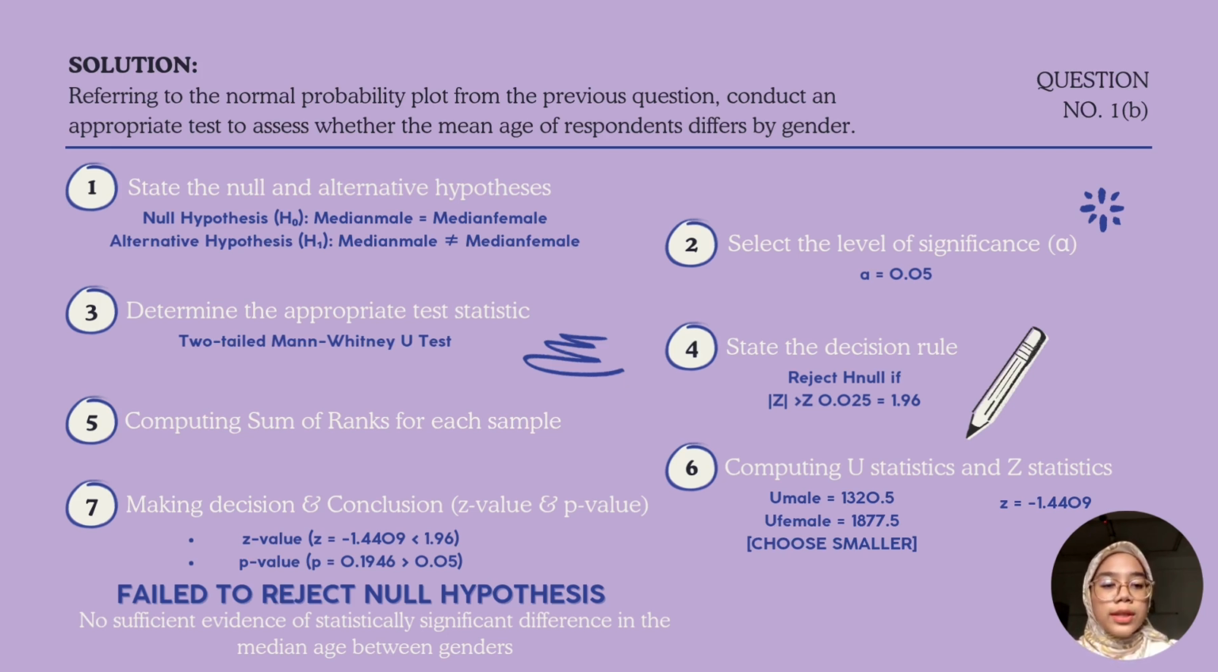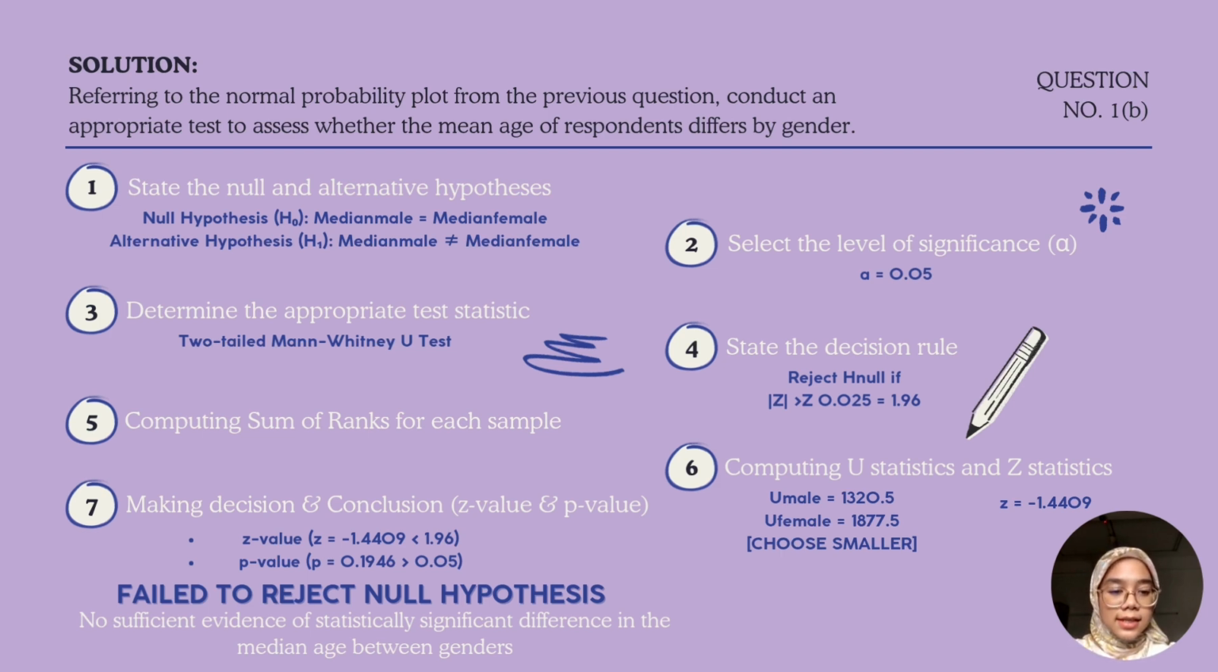Why do we use the two-tail instead of one-tail? This is because the question doesn't specify any specific criteria, for instance who is younger or who is older. Therefore, we just want to know whether there is a difference or not, so we'll be using the two-tail test. The fourth step is to state the decision rule. We will reject H null if the z-score is greater than 1.96, which we can refer to the Z table. Next is to compute the sum of ranks for each sample, and the next one is to compute